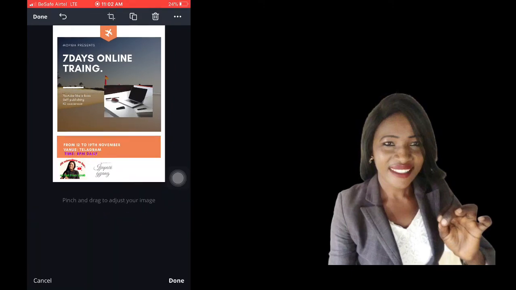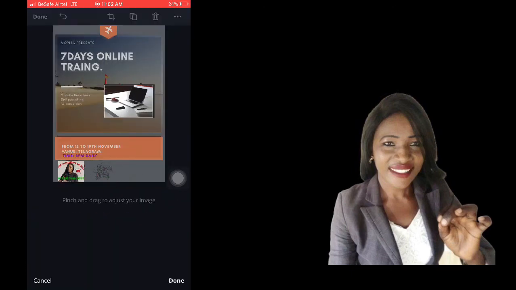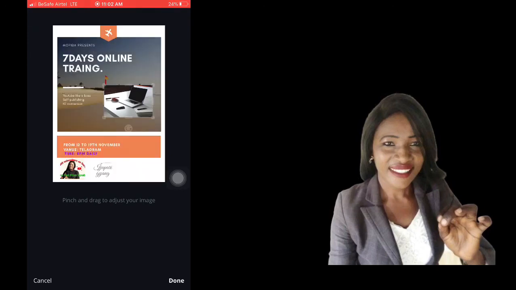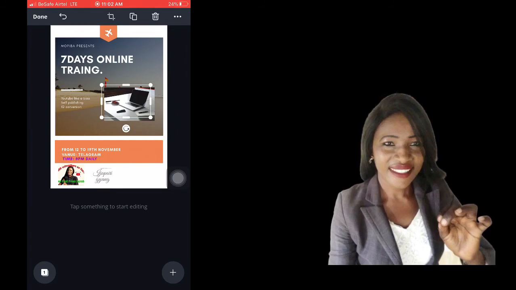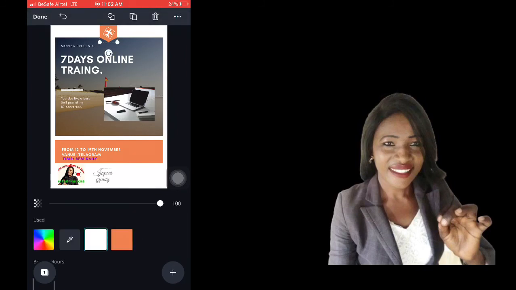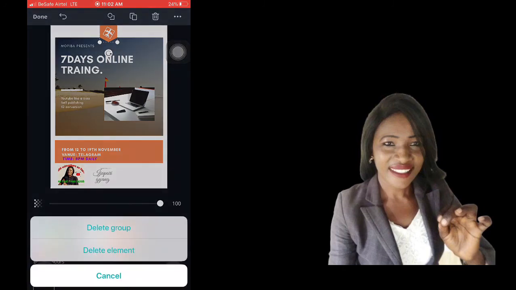All right, so this is it. A flyer like this can go for any kind of training, and nobody will say I didn't do a flyer for my training. Isn't this beautiful? You can also add your logo like this one. Now I can decide to remove this to add my logo. So anything I want, I'll just highlight it and delete it and add my logo, or I can leave it like that. The reason why it's asking me is whether it's a group or an element.